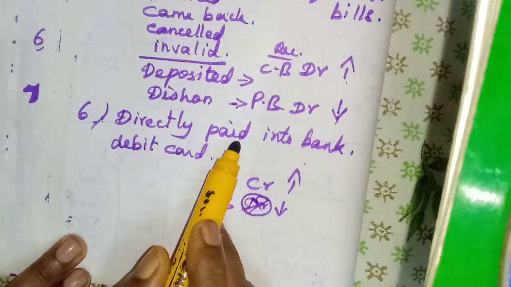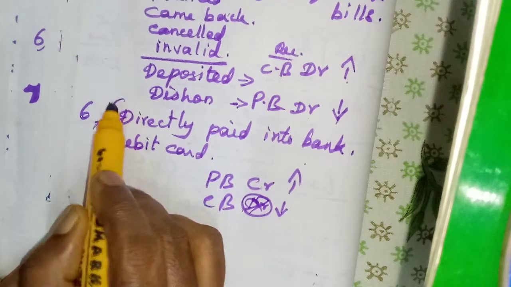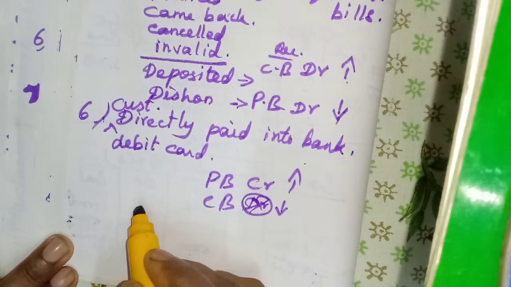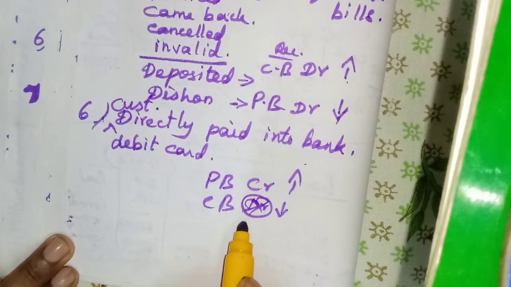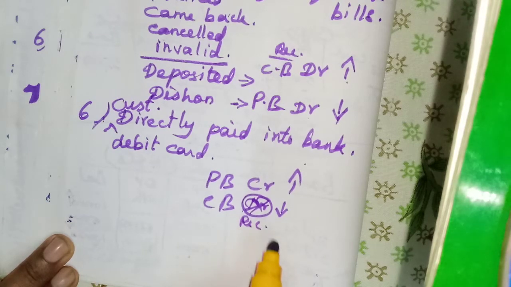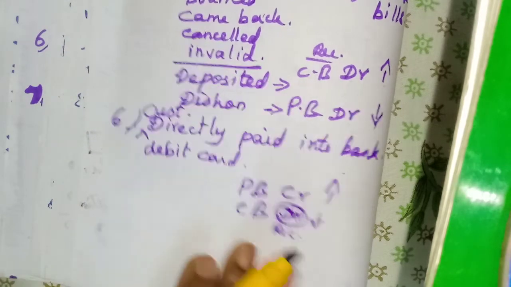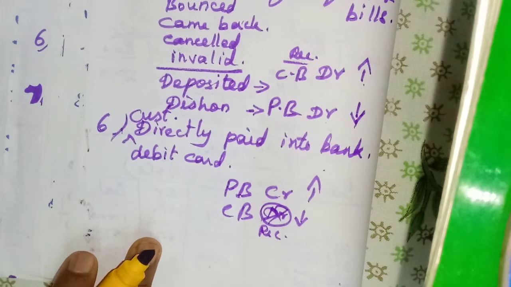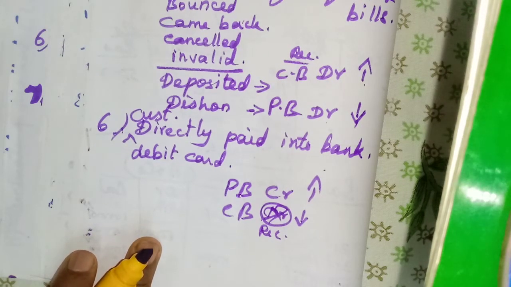so it shows less balance because it is a receipt, isn't it? Paid into the bank means who are paying? Customers are paying. If customers pay, we are receiving, so we have to write it on the receipt side. We are not writing, that is why it shows less balance. The bank passbook shows more credit balance. That is why the difference occurs. Then the next one.